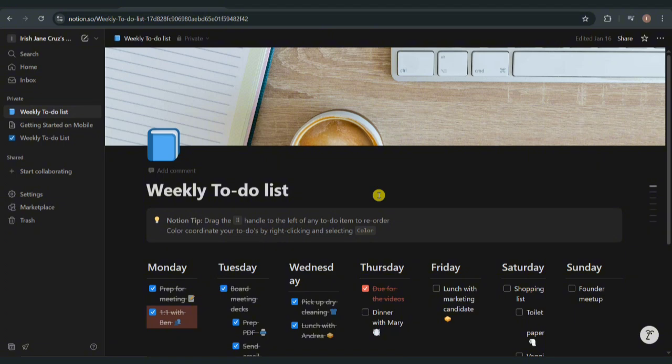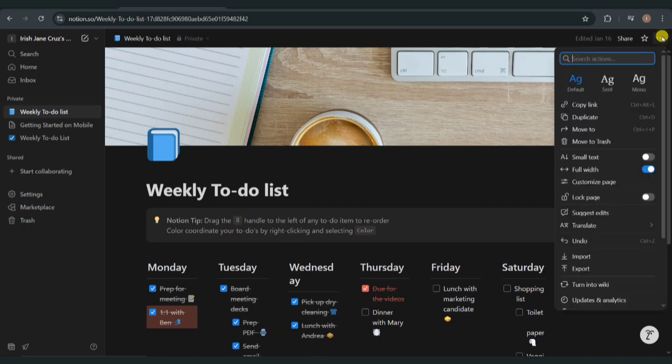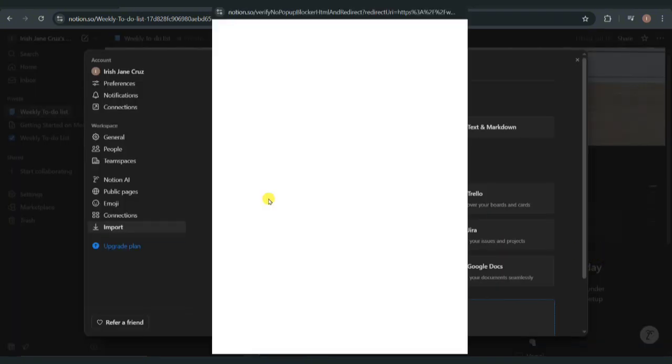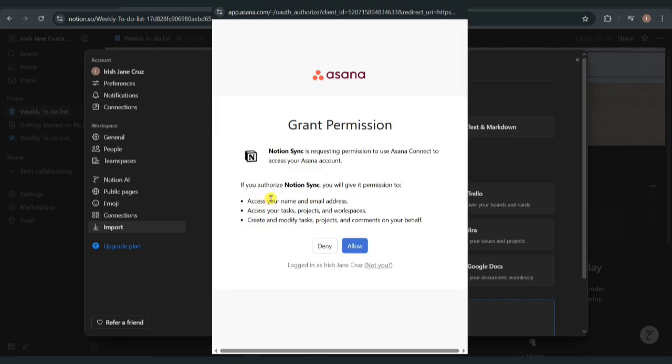Now, once you're on Notion, you're signed in and you're on your private section, go ahead and click on these three dots at the top right of your screen. Click on import under this, and then in here look for Asana. Click on Asana, and then after you click on Asana, make sure to grant the permission to be able to